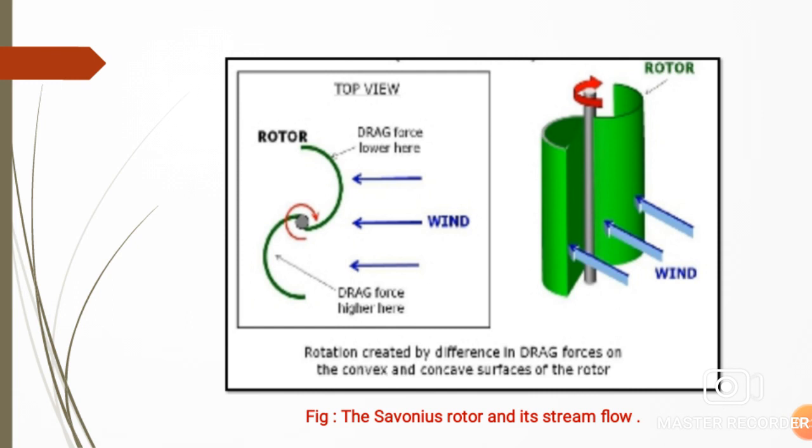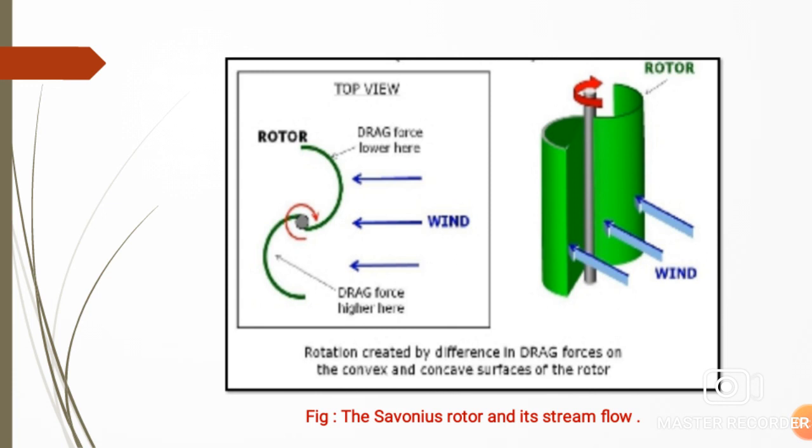on the concave side is more, that is, there is a drag force acted by the wind, and due to drag force there is a rotation of the blade, and due to rotation the other side of the blade is also rotated and there is a lifting force. So these two forces, drag force and lifting force, the nature of these two forces is the same. We can also call both of them a drag force.